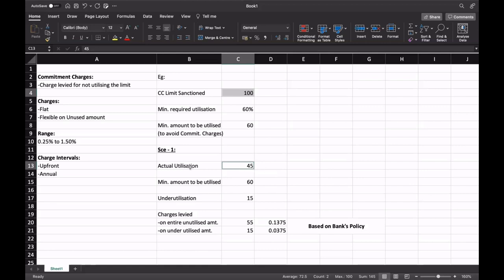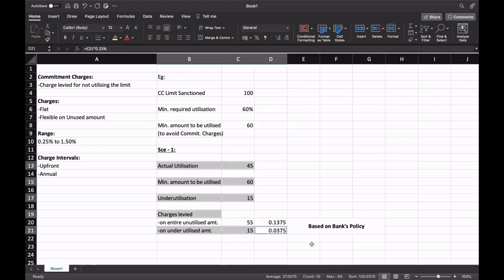So in this case, what I have written is: actual utilization is 45, minimum required is 60. So there is an underutilization, basically the difference of these two, 15 lakhs. So if this underutilization is considered as a base, and if charges are going to be levied on this 15 lakhs, let's say at the rate of 0.25%, we are talking in lakhs, so this would work out to like